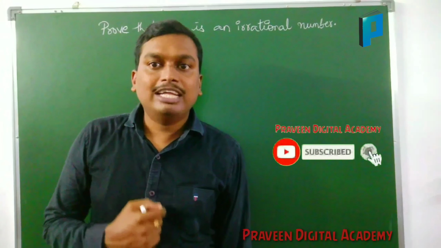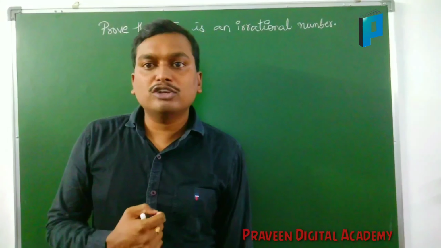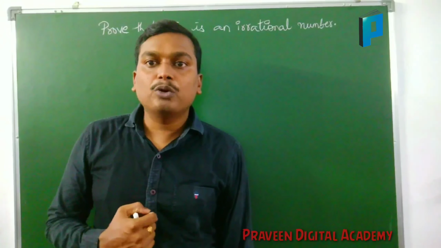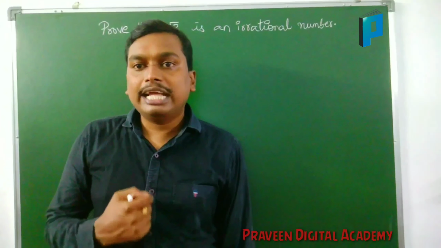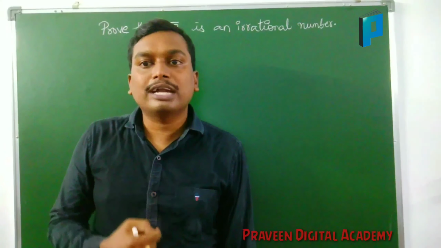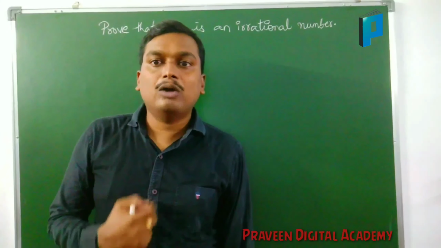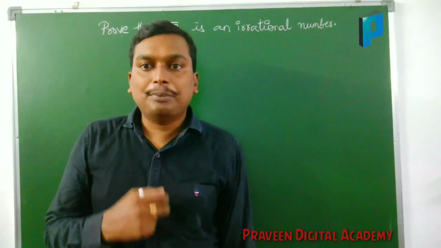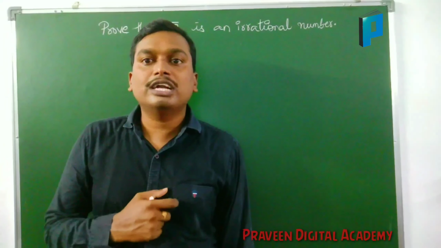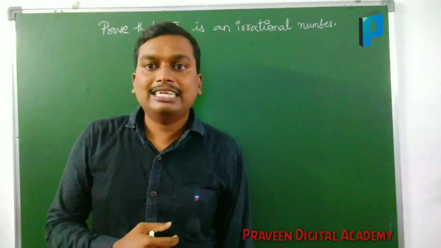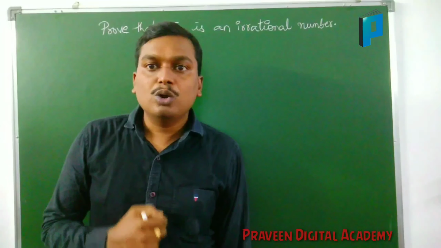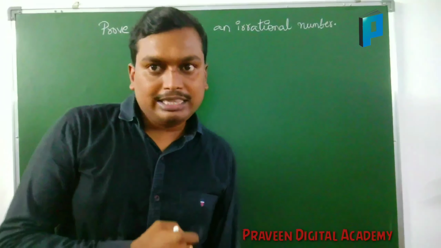Model 3 I will explain here. If you have not watched my previous videos, I explained how to prove the given number is an irrational number in model 1 and model 2. Model 1 has two numbers and two roots, and model 2 has two numbers and one root. The previous video links are given in the description. Please watch those videos. You can understand clearly about model 1 and model 2. Let us go for model 3.